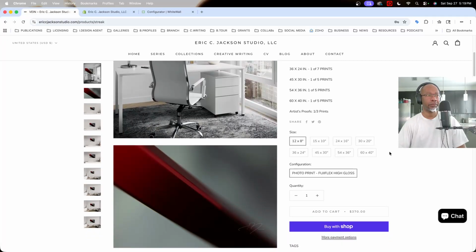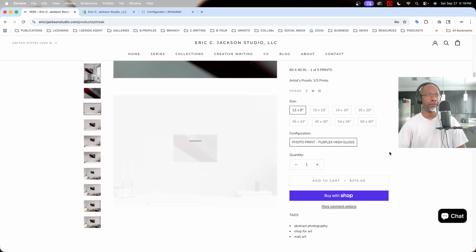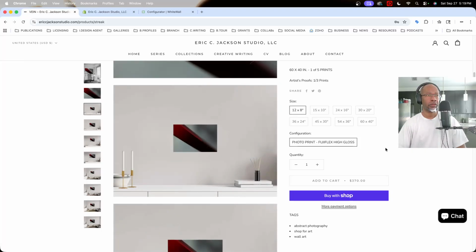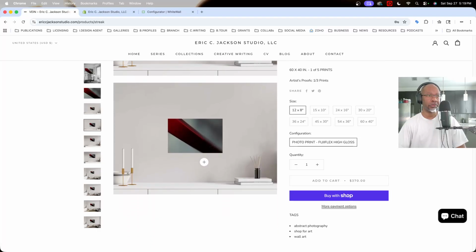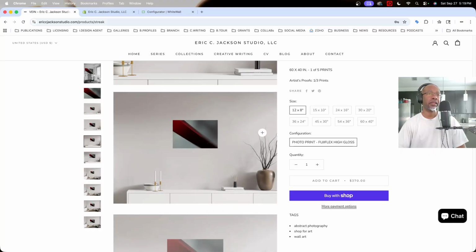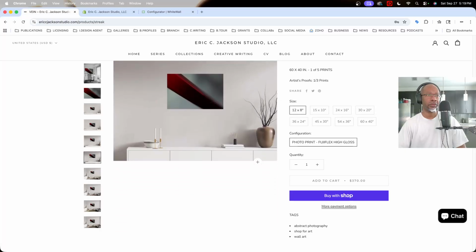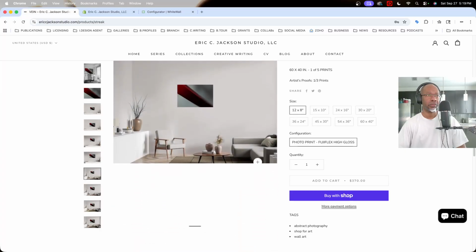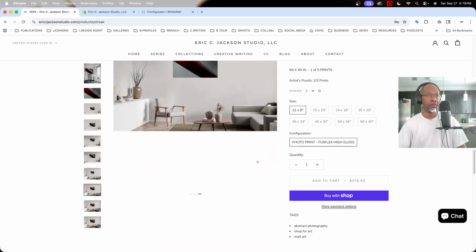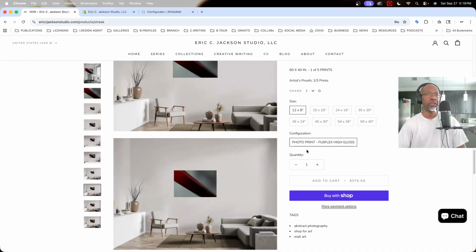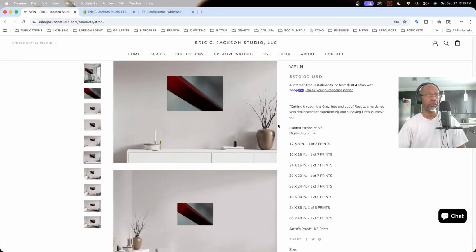I set it up, however, to work the same. So I created a preview in WhiteWall so that WhiteWall could create all these mock-up images for me. And then I drag that over to the Shopify page for this so that I can still have these previewed and set up the way I need to. But yes, when someone orders a limited edition,